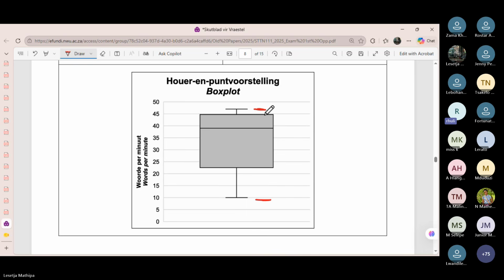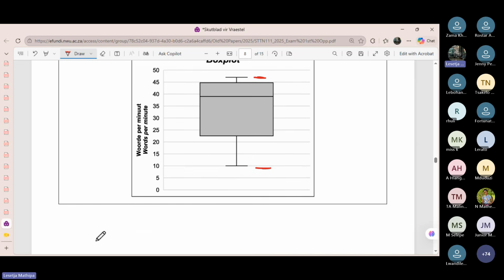We start from 0, going to the other side. We're starting from the bottom. The minimum will be at the bottom. When you draw your box plot, you're going to have something like this. Okay, but before that,